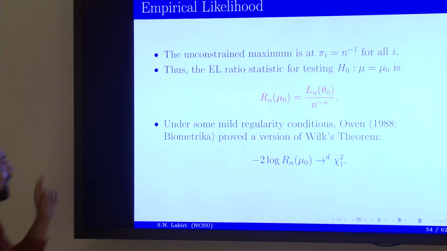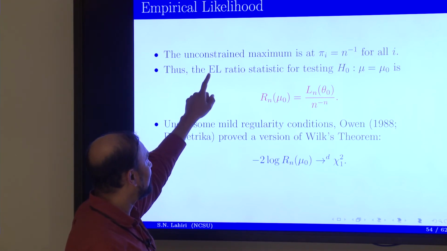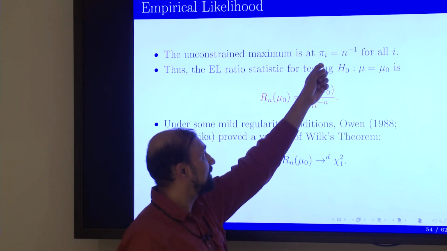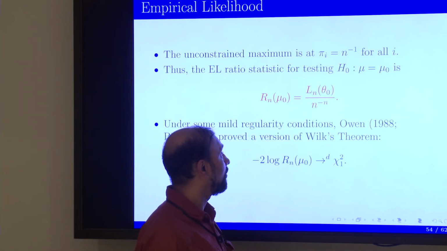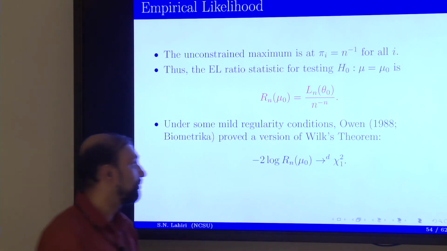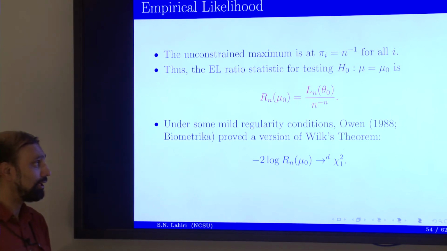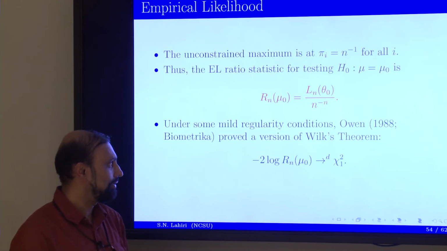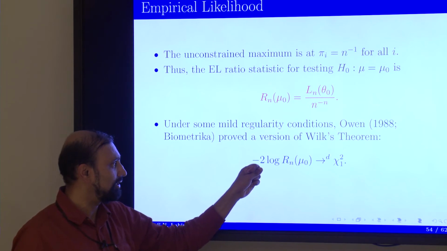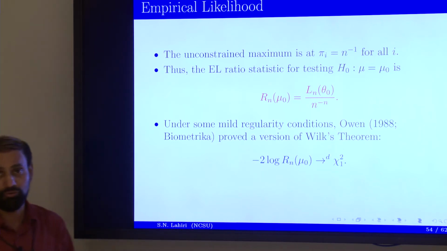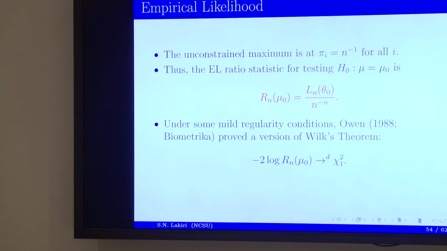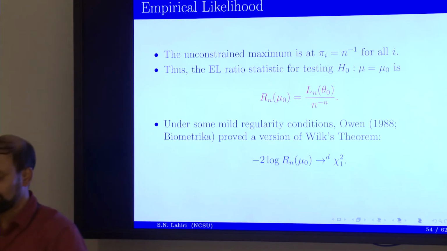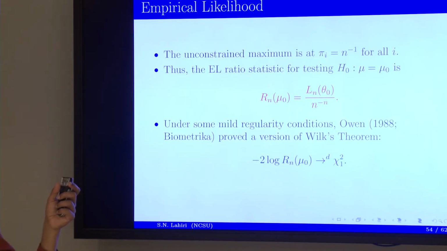That's all I meant. Anyway, so when you're looking at the likelihood ratio statistic under this formulation, the max is at pi i equal to 1 over n for all i, which means the ratio of these two is what gives you the empirical likelihood ratio. And you can define many such methods, but the important thing here is that you mimic the property that was shown before in the case of a parametric model. So negative 2 times log of this empirical likelihood ratio will have a chi-square distribution. Again, it's free of parameters. You did not need a model.